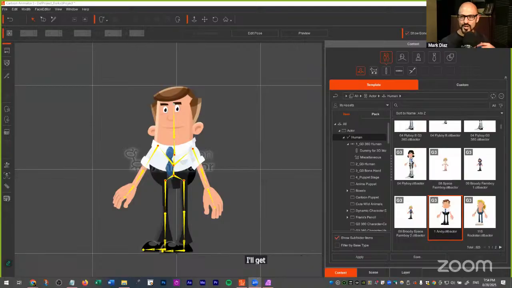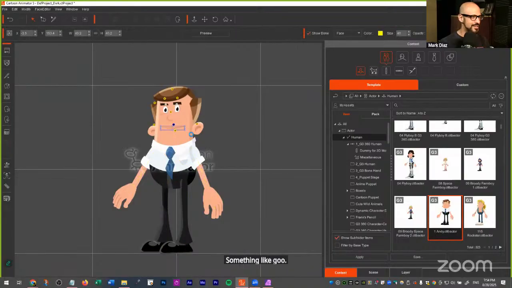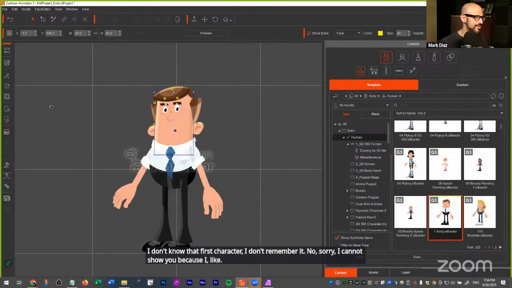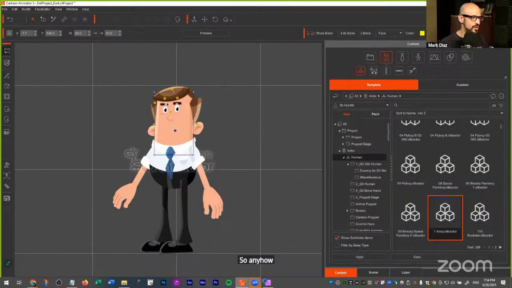Something like Gu Shu. You're asking if someone is Chinese, but I don't know that first character. I don't remember it. Okay, damn it. So, no, sorry, I cannot show you because I like it in here. I don't have this installed. So anyhow, let me go back